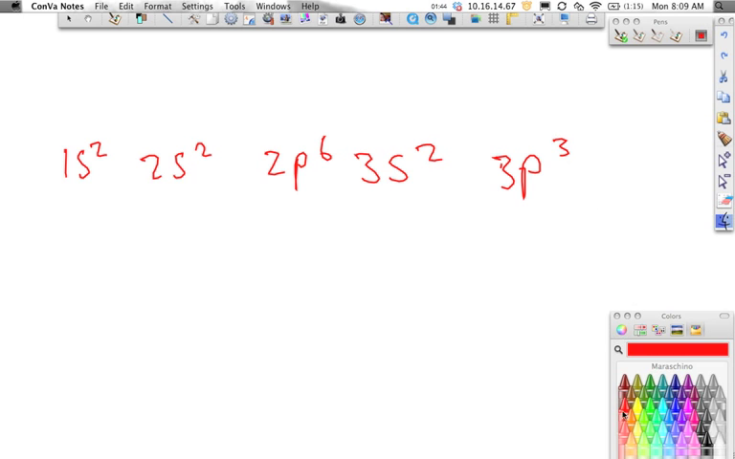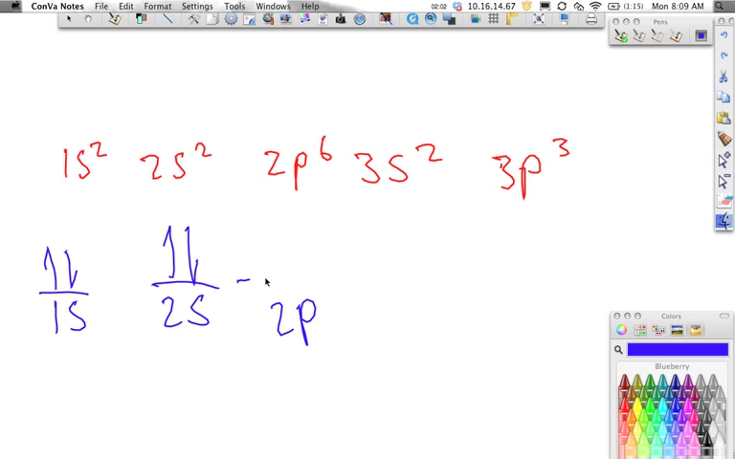Now, to do the orbital notation, all we would do is represent it by going 1s, drawing one line because it's an s. S only has one orbital, and we go up and down to represent 1s2. And then we go 2s, and again one line, and we go up and down. Then 2p, and we have to draw 3 lines, 1, 2, 3, and you go up, up, up, and then down, down, down,